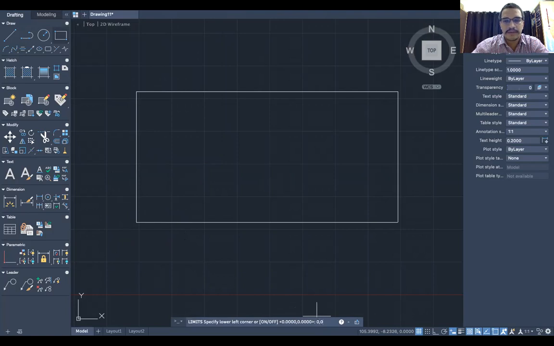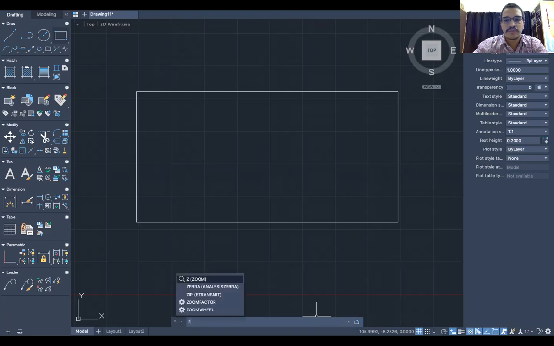First step, specify the lower left corner: I will type the xy value 0,0, enter. Then as you can see, it is asking to specify the upper right corner. Our rectangle is 100 into 50, so I will give it a value of 100,100, let's say. Then enter. Then the third step, type zoom, the shortcut is Z.